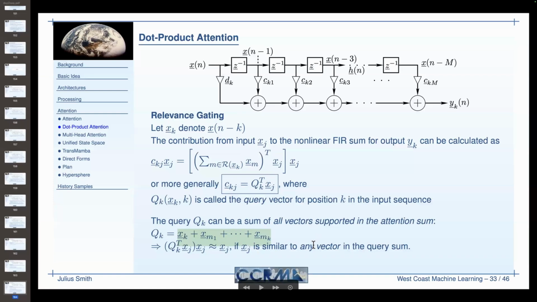Can I ask a question? Yeah. So before you get to the keys, just looking at that equation that has C in the subscripts on the left equals Q in the subscript times X. Yeah, that guy right there. One of the things that makes attention powerful, but also expensive, is that in this diagram above, you can have things just be individual signals, but you put the underbar on it to show that it's now a vector, okay? And pretty much everywhere that you do anything in a transformer, like if you're calculating the C values,